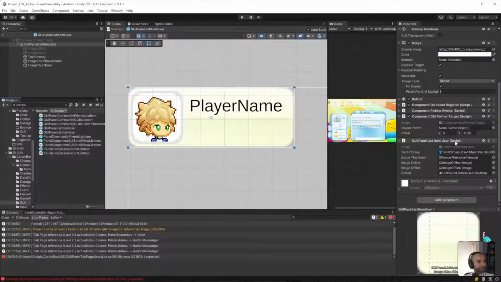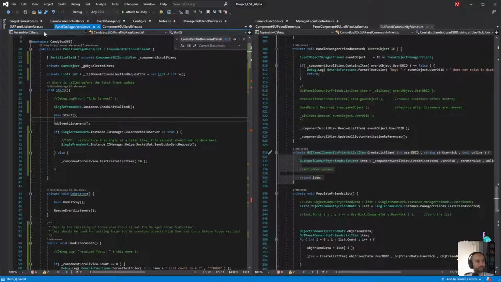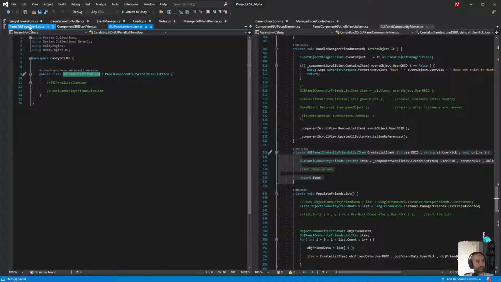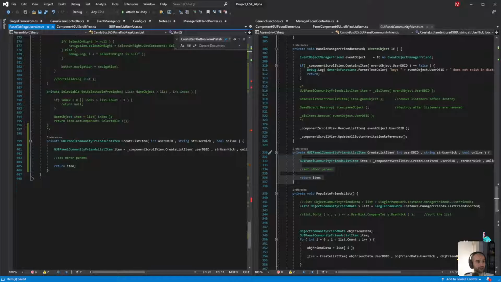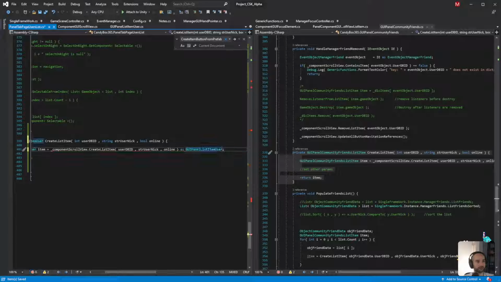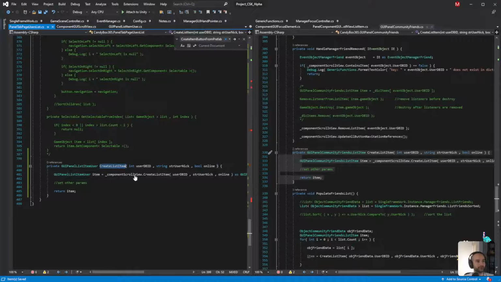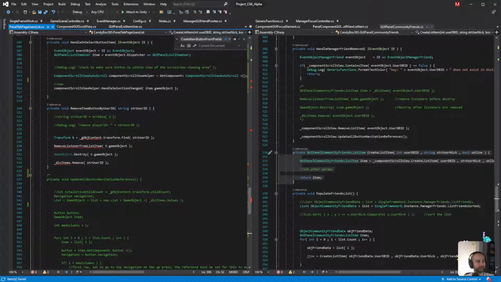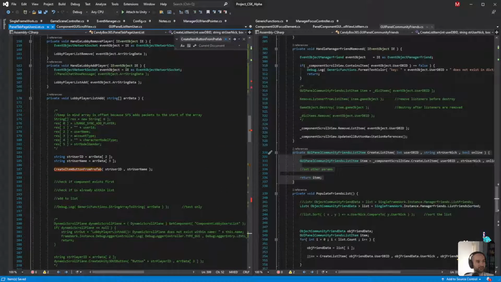Yeah. So our create button will return that. So that looks good. I'm going to redo that in a bit. That will replace this here.